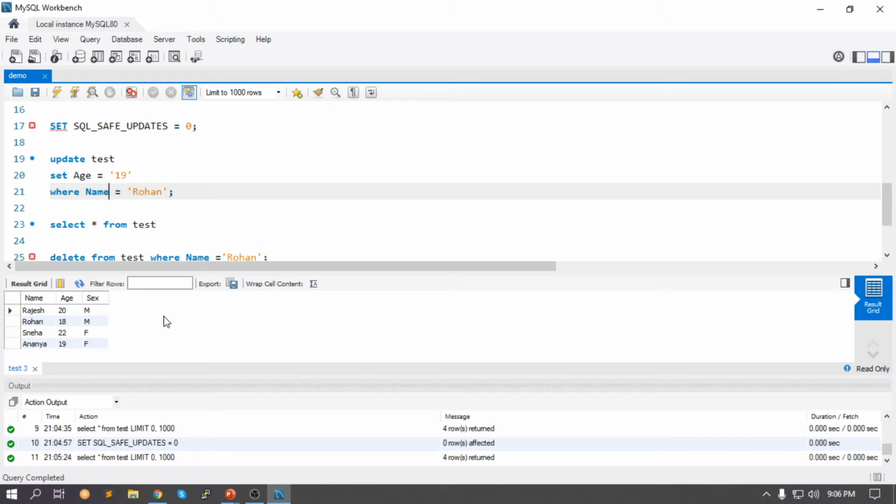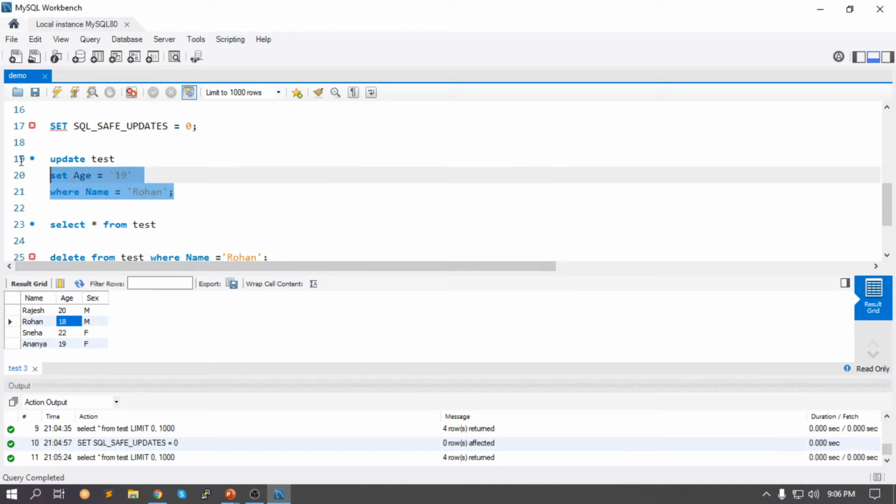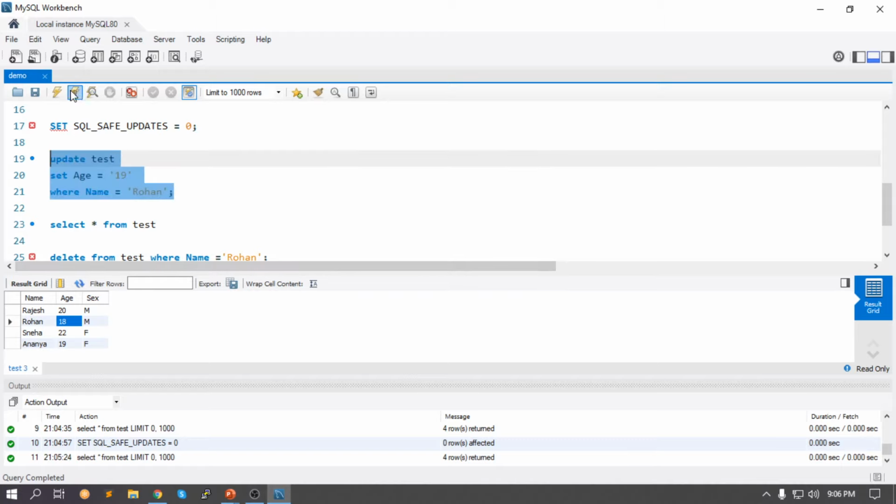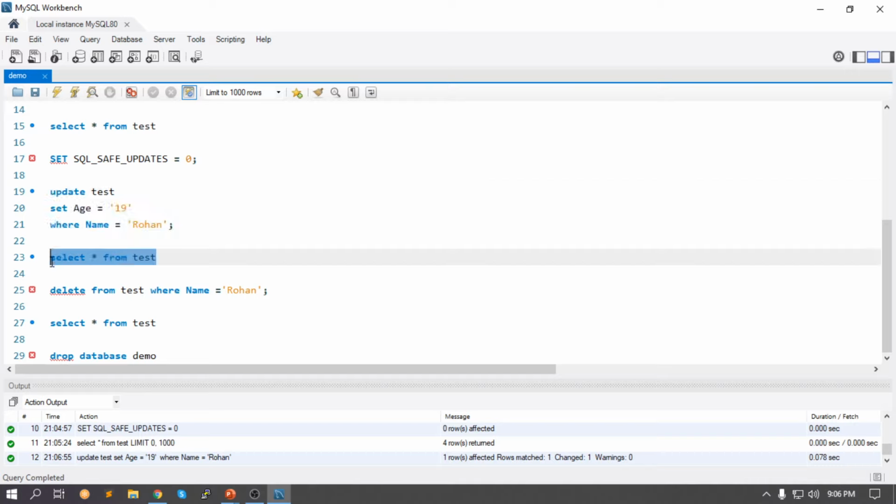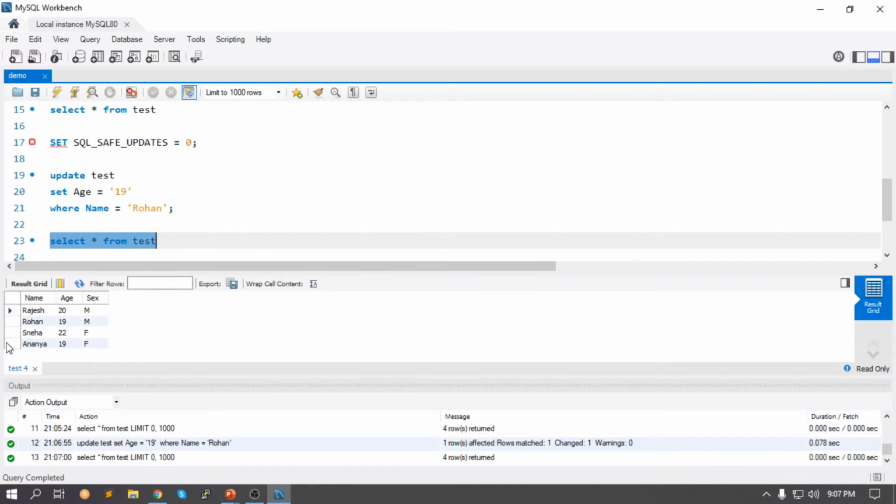So Rohan, as you can see in this mouse highlight that I have done for you guys, currently is 18 years old. So let's say manually you might have to change ages at the end of the year or for his birthday or whatnot. As soon as I go ahead and run this command, Rohan will not be 18 years anymore. Rohan will be 19 years old. So let me use the select star from test to print the database out, and as you can see, Rohan is not 18, he's 19.